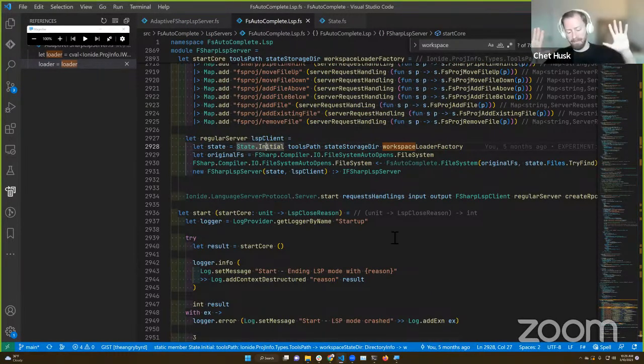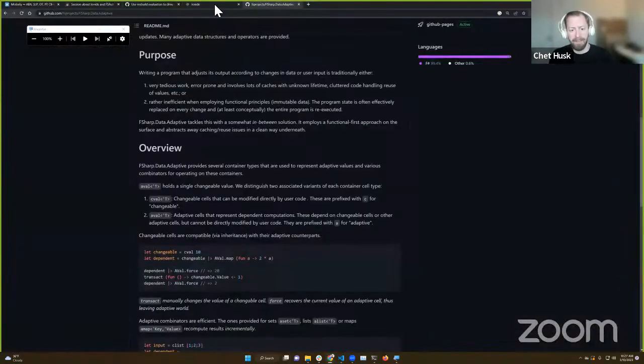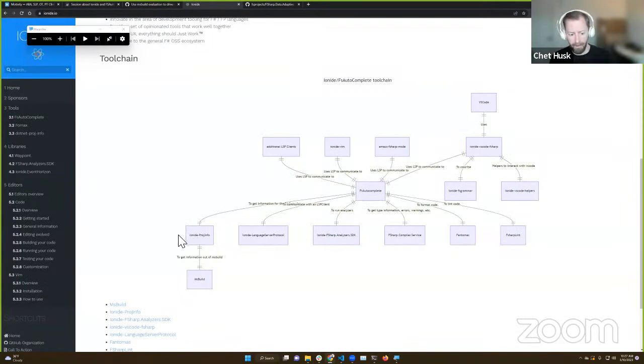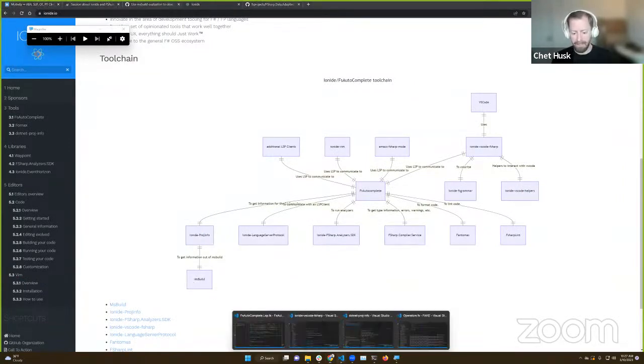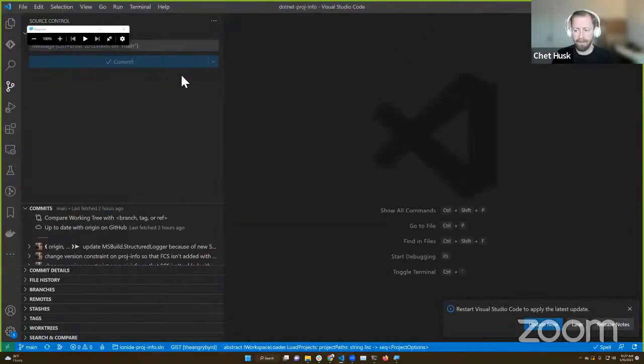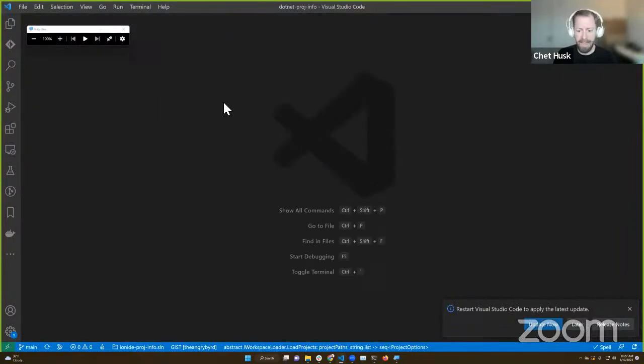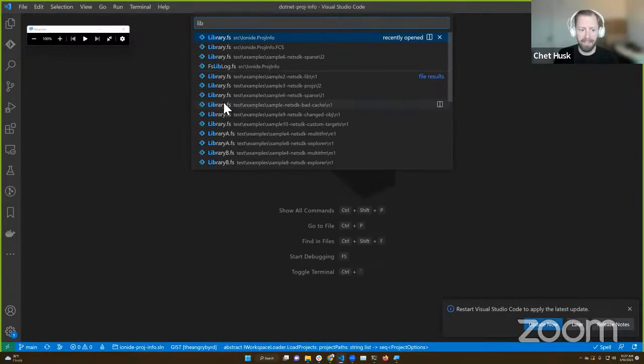So on the big chart of components that go into FSAutoComplete, one of the nodes was Proj.info, and another one was MS-Build. Why do we care about MS-Build for IDE tooling like FSAutoComplete? Isn't that something that just happens when you run .NET Build on the command line?